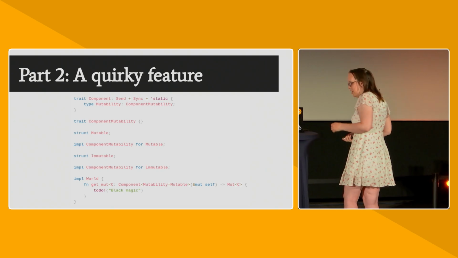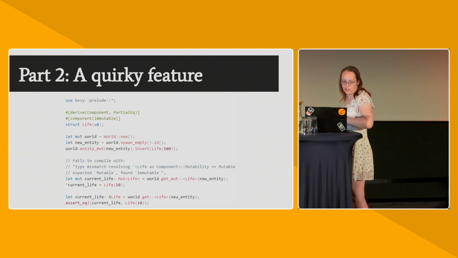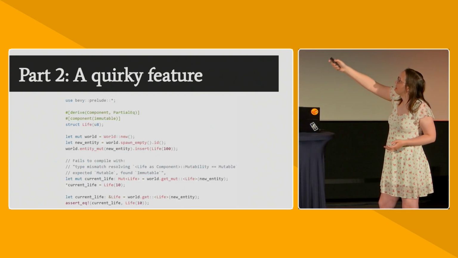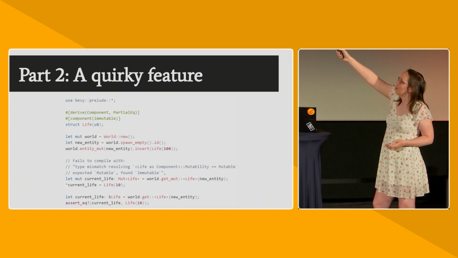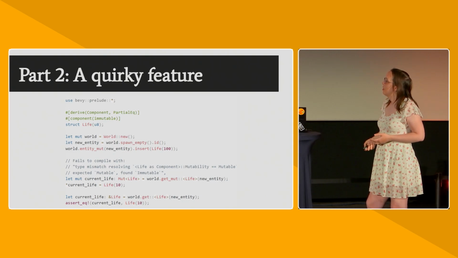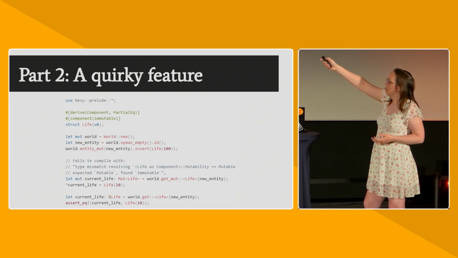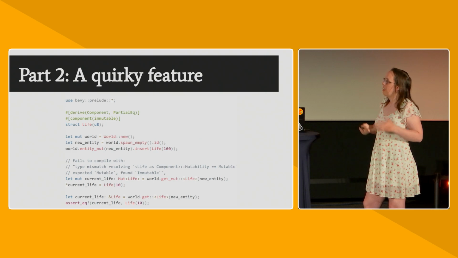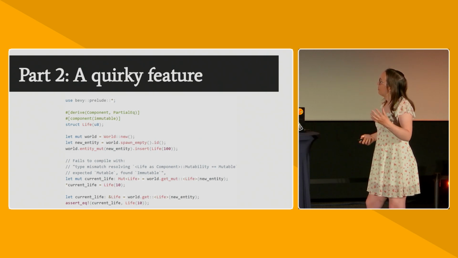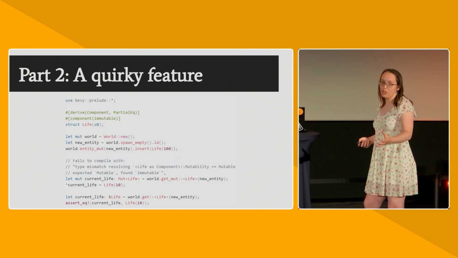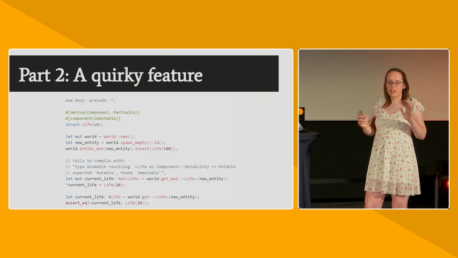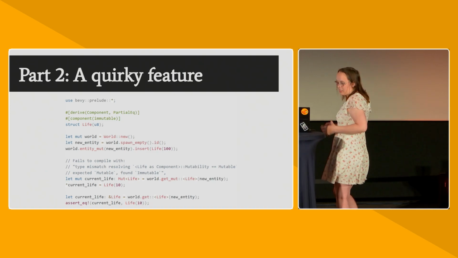Ta-da! It's really very simple. And so you see this code where we have this little annotation that says component immutable. That says, hey, please set that associated type to immutable. And then we try to write the code and we call get_mut, and it fails to compile. And we get a lovely error message of type mismatch, where they expected mutable, found immutable. That's just the error message out of the box. Very, very lovely, very straightforward. We've done this in a type safe way.